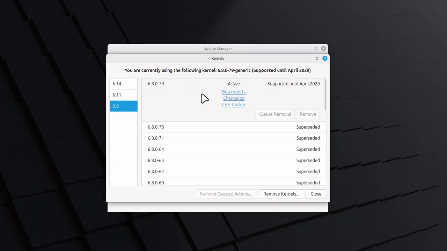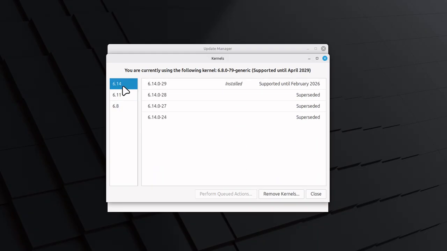Is there a way to even see when that was? We know it's supported till 2029, but look how many versions old it is. So what if we want to use the latest thing? Now this is not a beta, this is a released